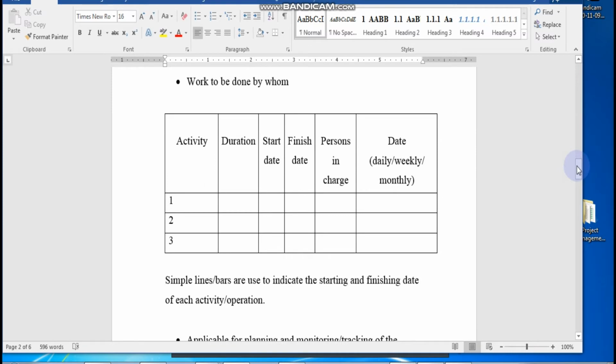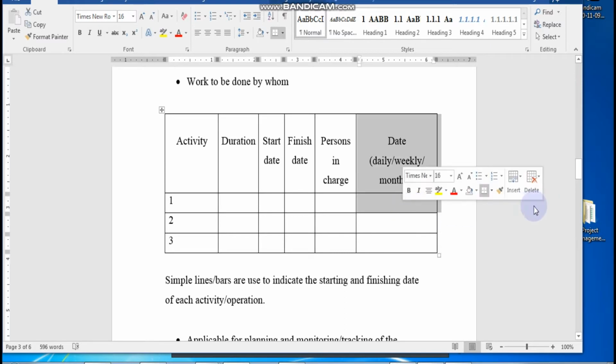So this is how it looks like. You have all your activities here, the duration, and then you will have your bars, your lines here, one line by one line, to show the start date to the finish date. Preferably, all the activities here are already sequenced properly before you key in the lines.